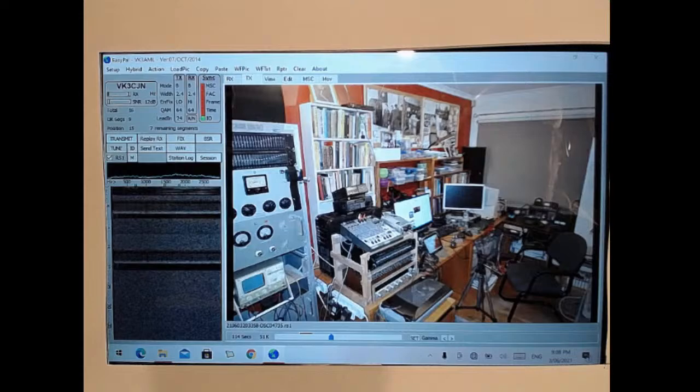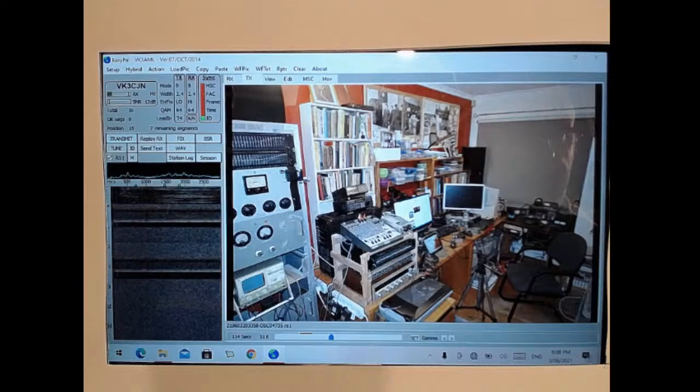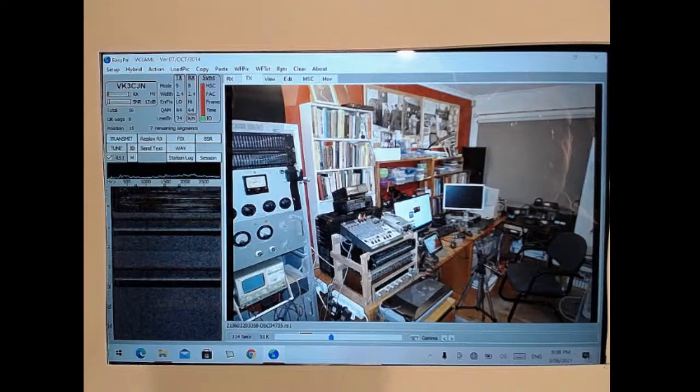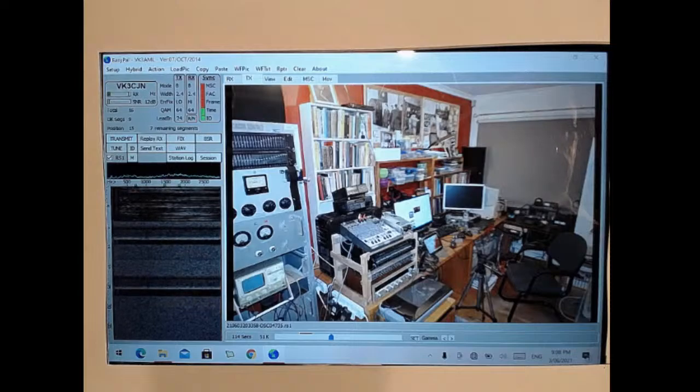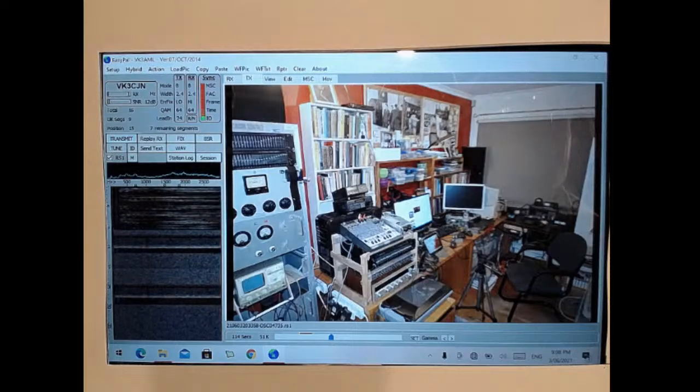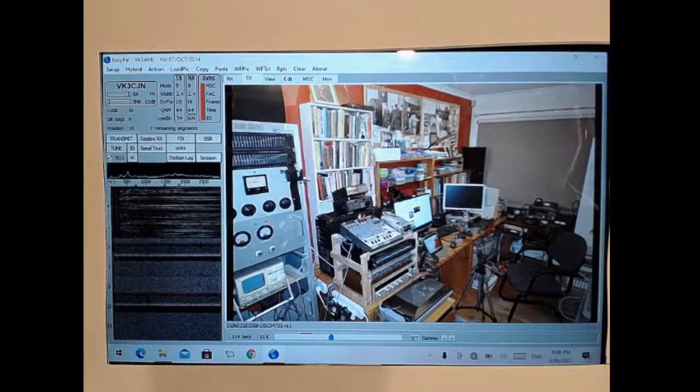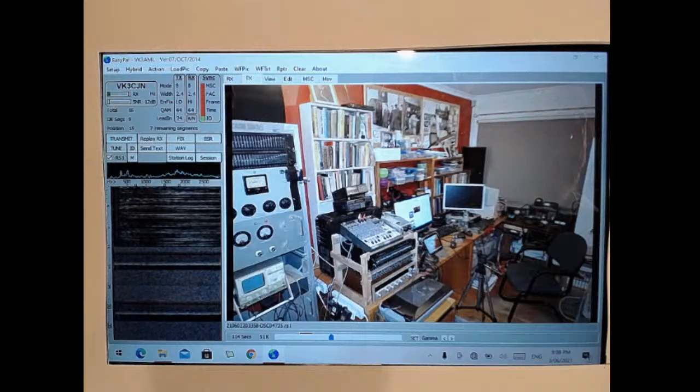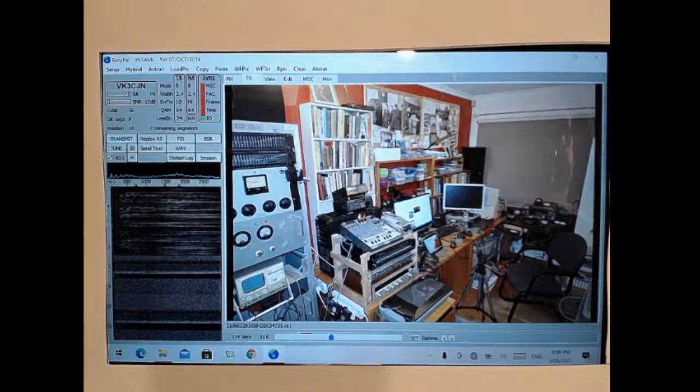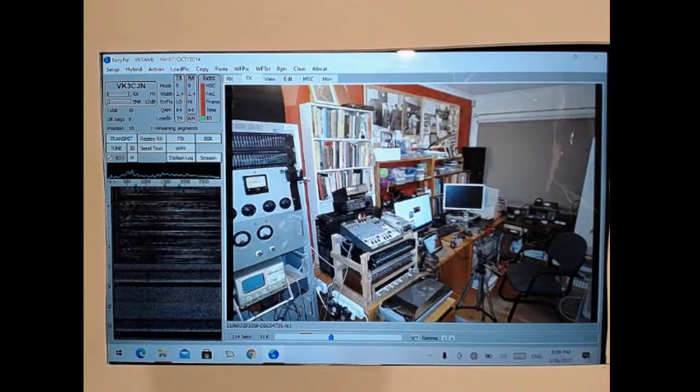VK3AML, VK3FTZD, full decode of that at 23 dB here. And I hate it when you send images of your shack, because it looks so much better than mine. Everything's so neatly organised in racks and all that. But excellent image, I love it.